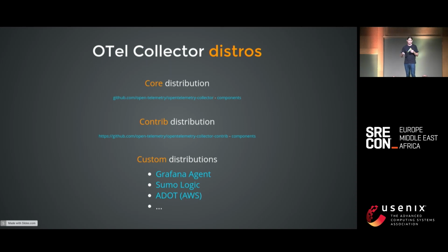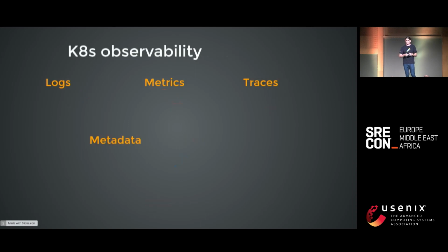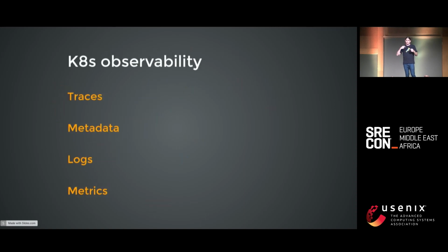And you can do this yourself as well, because it's very, very easy to build yourself an OpenTelemetry distribution. So on Kubernetes, you have this use case like, okay, I want to take logs, metrics, and traces, and I need to enrich all of those with metadata and then put those on the backend, right? How did we do that